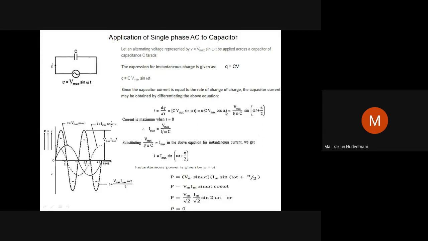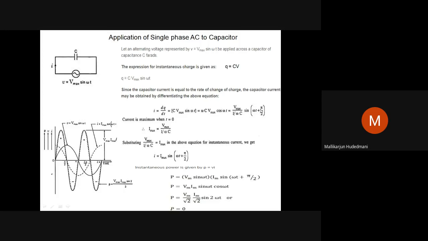Now a small arrangement. Omega C I join and push to the denominator this way: 1 divided by omega C, which is as good as in the numerator, into sine of omega t plus pi by 2. Just recall what I was speaking about in the last case study. Minus cos omega t, vectorially with respect to sine, means 90-degree lagging; plus cos omega t means vectorially leading ahead of sine omega t by pi by 2 radian. That you can see: cos omega t is written as sine of omega t plus pi by 2.